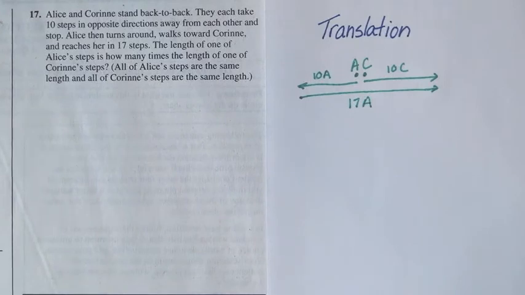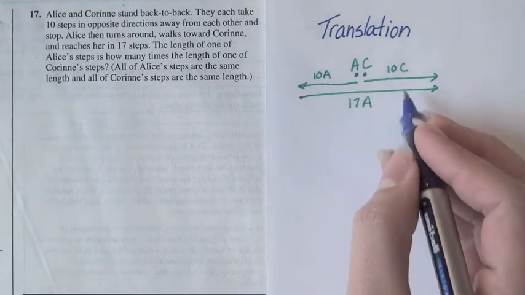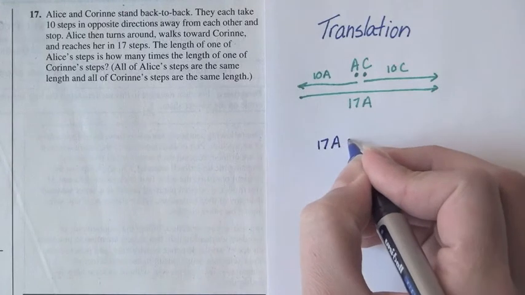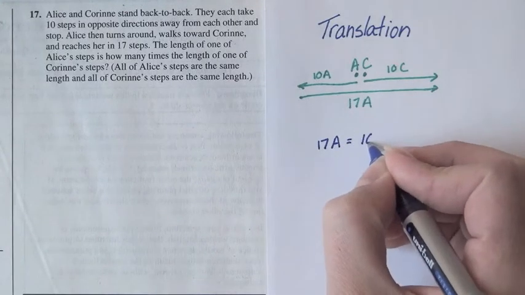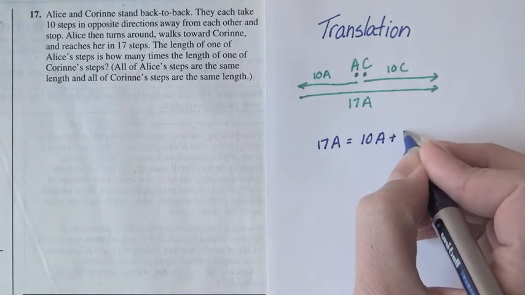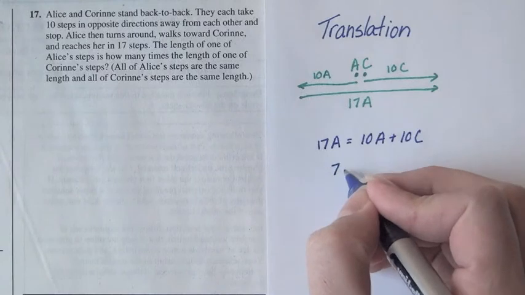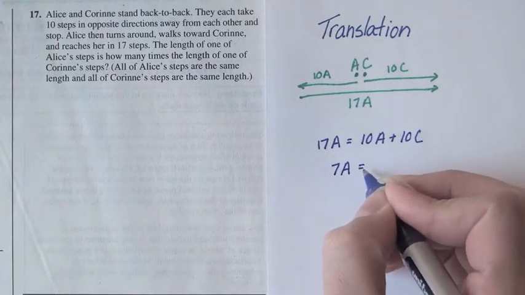So now we want to find an equation to compare the length of Alice's steps to the length of Corinne's. So let's set this up. These two distances are definitely equal, so 17 Alice steps have got to be equal to 10 Alice steps plus 10 Corinne steps. Let's subtract 10 Alice steps from both sides, and we're left with 7 Alice steps are equal